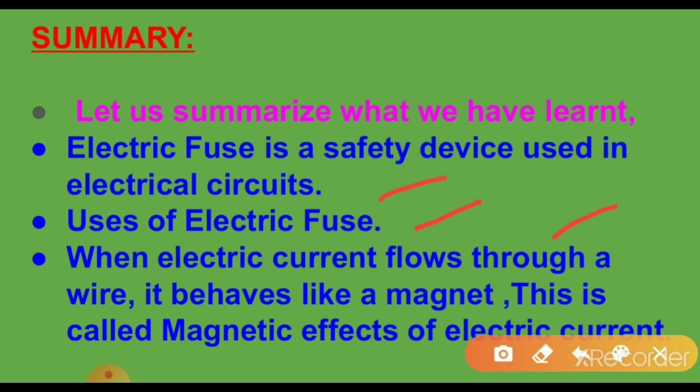Like that, when electric current is passing through the electric circuit, the magnetic compass will show the deflections. In the previous video, I hope you understood that activity showing the deflection. How does the compass needle show the deflection? Deflected means the needle moves away from the north-south direction. So this is known as the magnetic effect of electric current. I hope you all have understood about the magnetic effects of electric current and electric fuse, and why we use the electric fuse in electrical sockets.